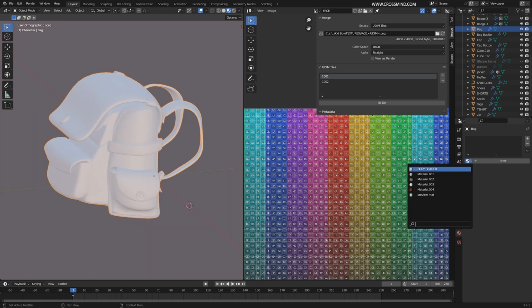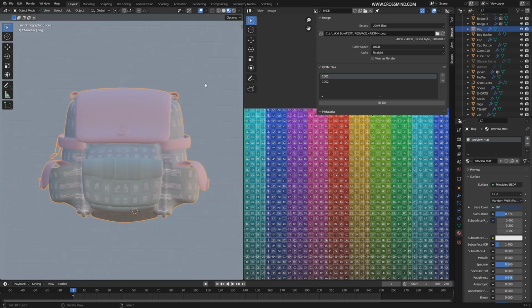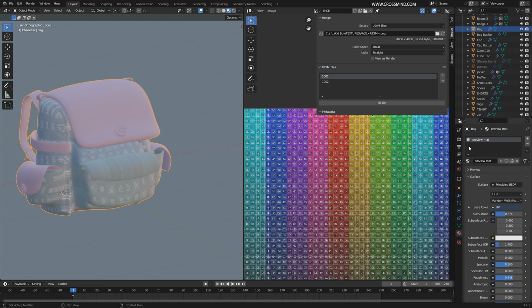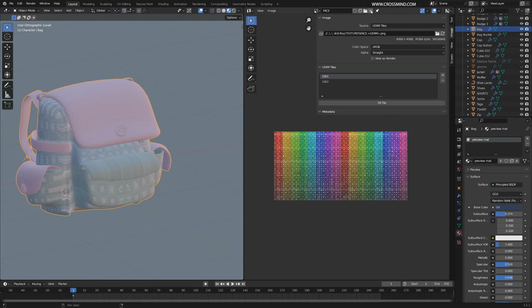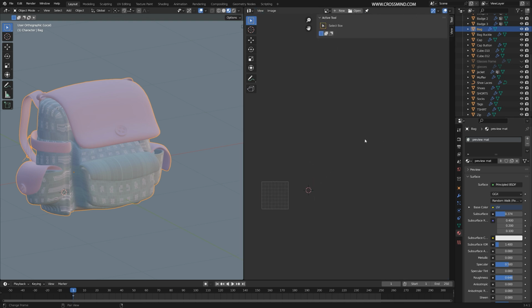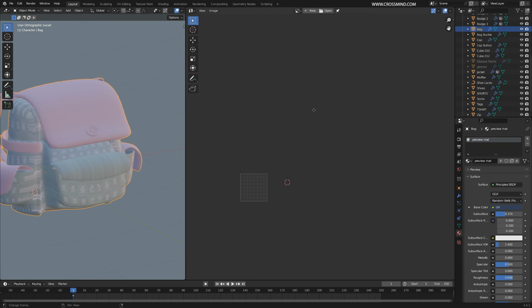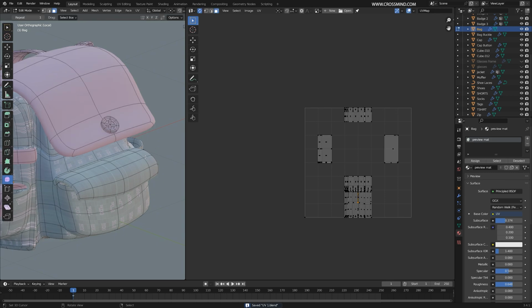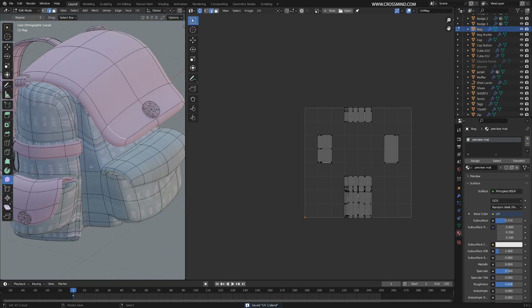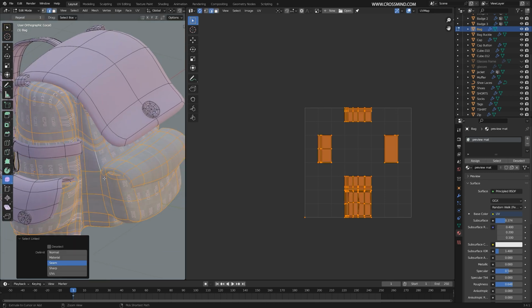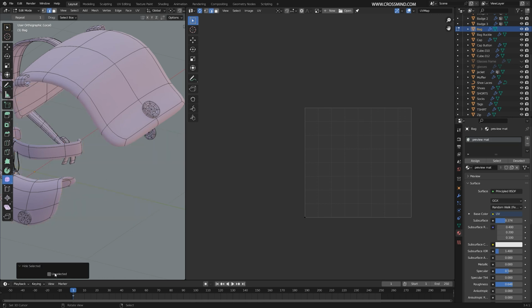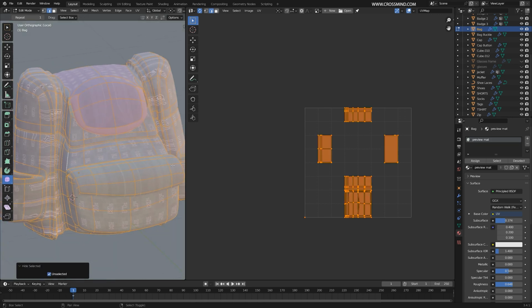Now we are going to jump on to the next part, which is the bag. And on this, we are going to apply the same preview material. And I'm just going to disable the preview of that particular image. That one was just for the body, the face that we have here. And for this guy right here, what we can do, let's see. First, I'm going to select just the main body and press H, hide unselected from the pop-up menu.